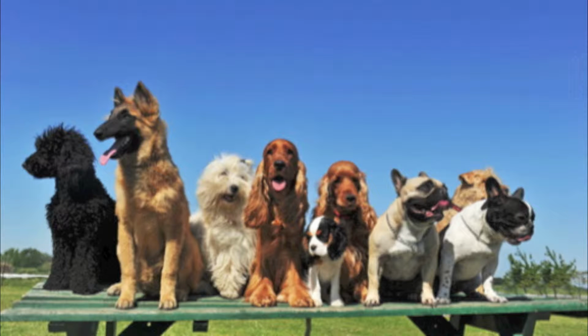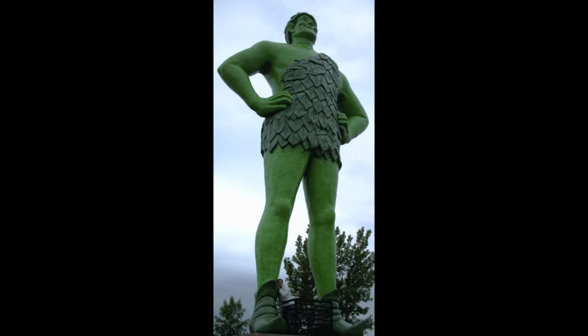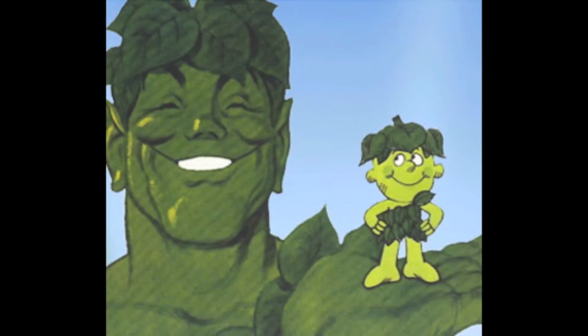In order to understand how different dogs can be, first look around your classroom. Are all of your classmates about the same size as you? Imagine having classmates that tower over you, or are so small that you could pick them up in your hand. This is exactly what happens to dogs. They can be the same age, just like you and your classmates, but some can be very large and some